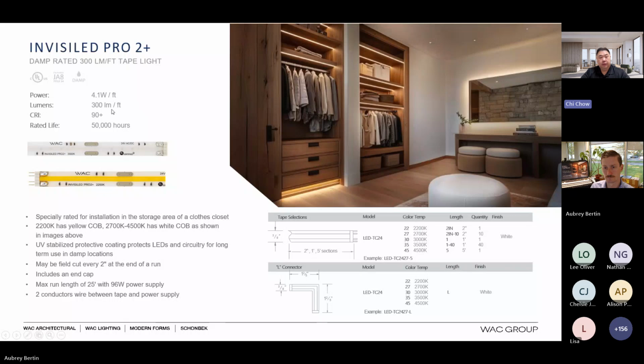So this is our Pro Plus 2, which is the other popular one. This is 300 lumens, which is what most projects use these days, not just for under cabinets, but for in cabinets, for toe kicks, for around mirrors. People are putting tape all over the house with the Pro Plus 2 because of the 300 lumen package,